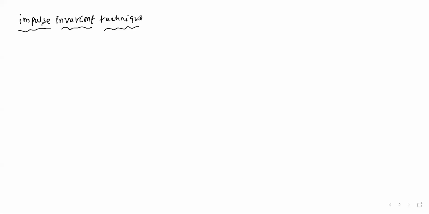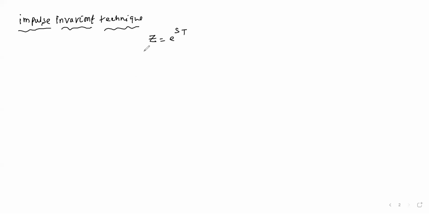Okay. Now in the impulse invariant technique for mapping, what do we have to map? We have to map the S domain to the Z domain. Yes or not? It means we want to convert analog to digital, so we are mapping the S domain to the Z domain. For that, we use the equation Z equals e to the power sT. I will use this equation to map the S domain to the Z domain.